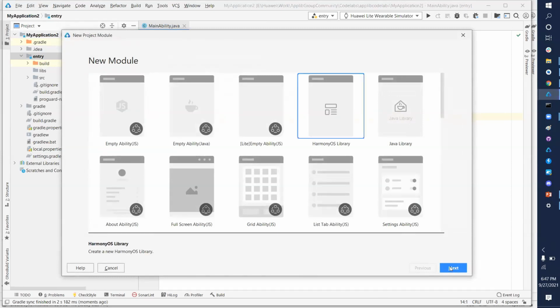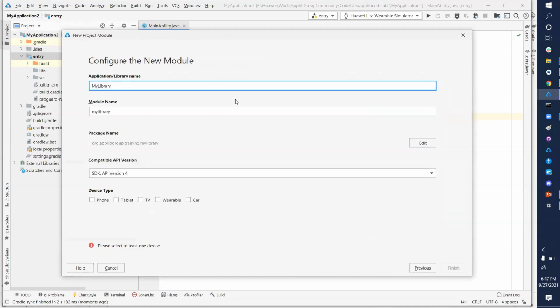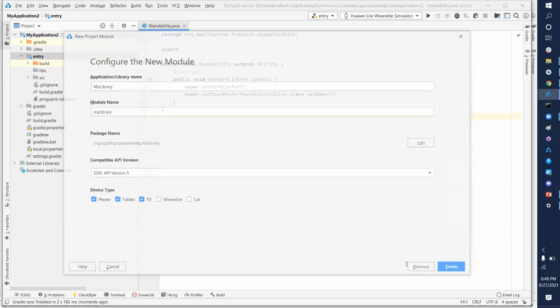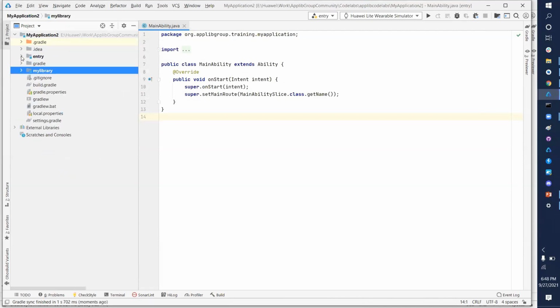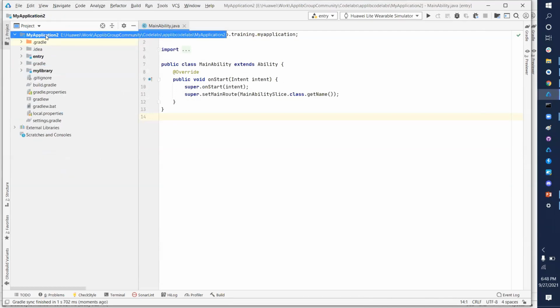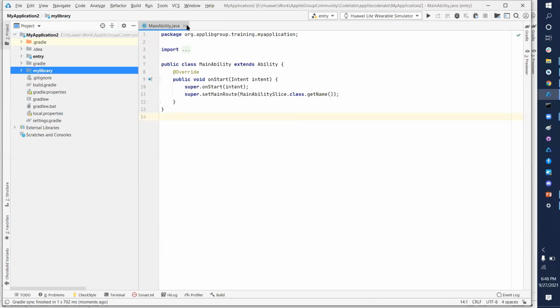Again, let's say I selected all. Now you see there is a new module added over here. Before, it was my application, which is the project name, and this was the application, and now this is a library.